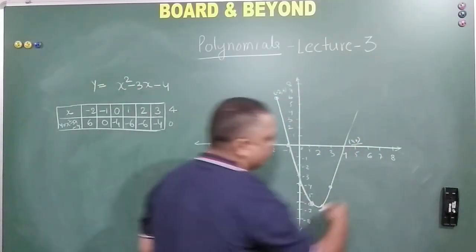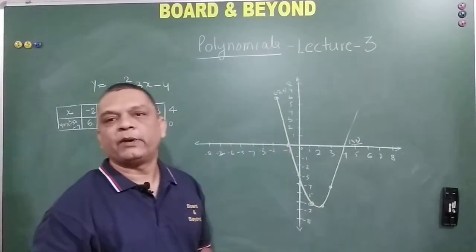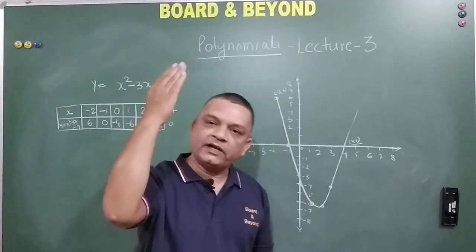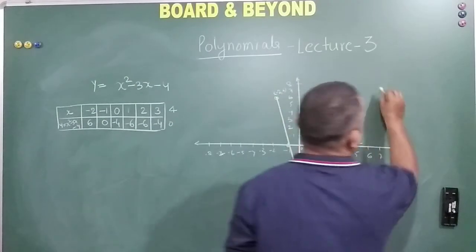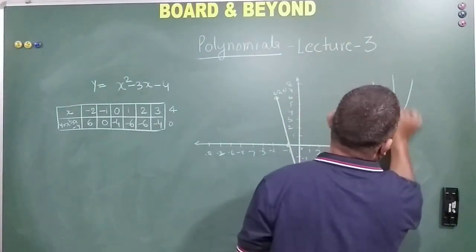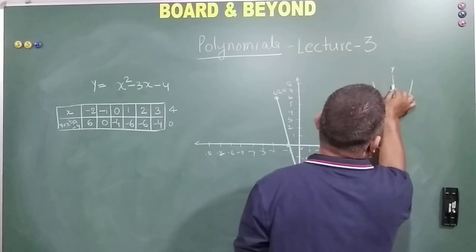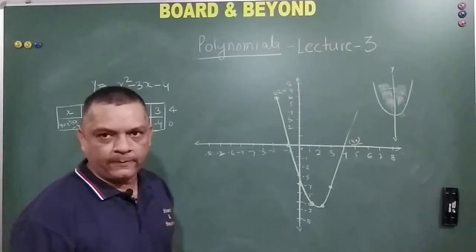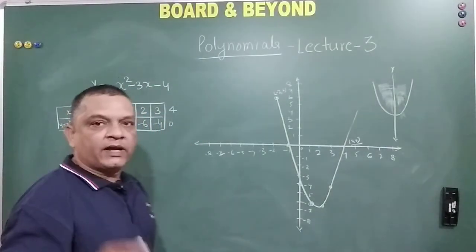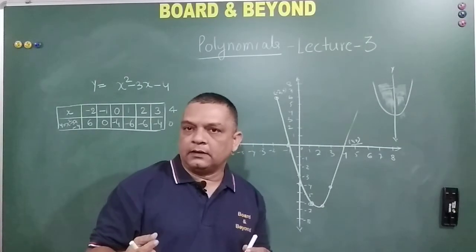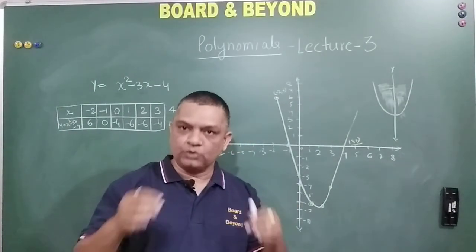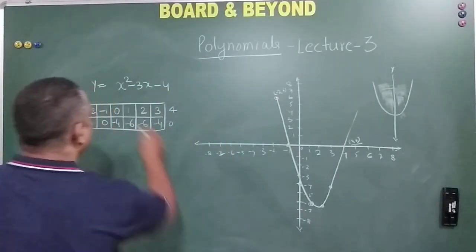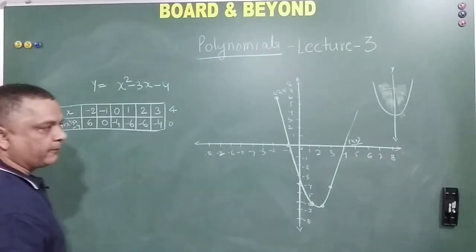So this type of graph, my dear friends, is known as a parabola. Parabola is U-shaped, symmetrical about its own axis. Something like this, which is symmetrical about its own axis. This axis I am talking about. So this portion is equal to this portion, on a parabola. Parabola can be either face opening upwards or a face opening downwards, depending upon the value of this. So if a, the coefficient of x square, right?